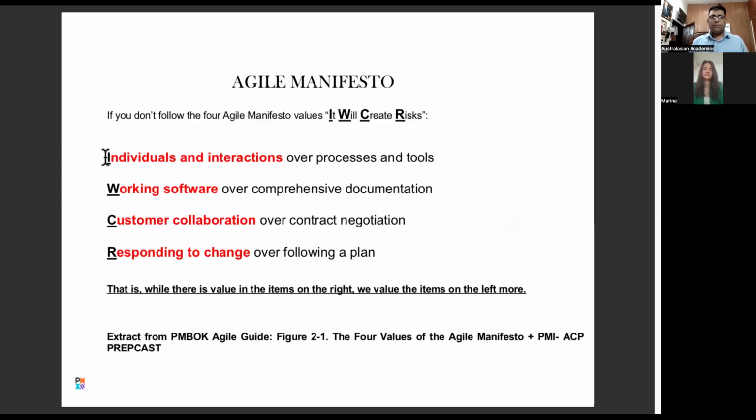The manifesto has 4 points, 4 rules, if you like. Working software over comprehensive documentation. They want to make sure the software they are using, whatever it is, whether project management software or a whole lot of different cloud-based software like Jira, Asana, Trello, and Merlin in the Macintosh world, is working and functional over comprehensive documentation.